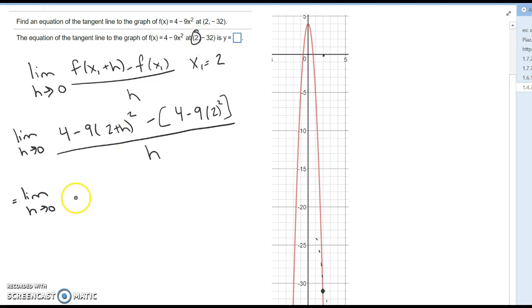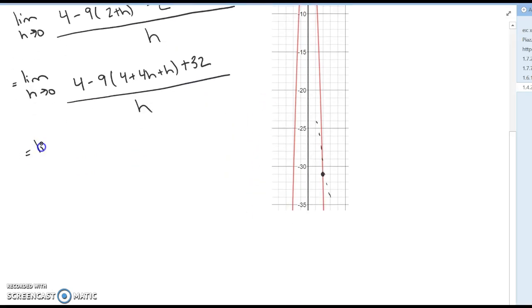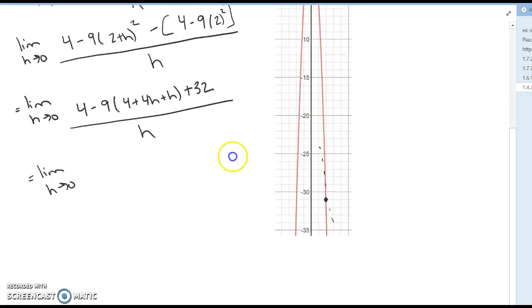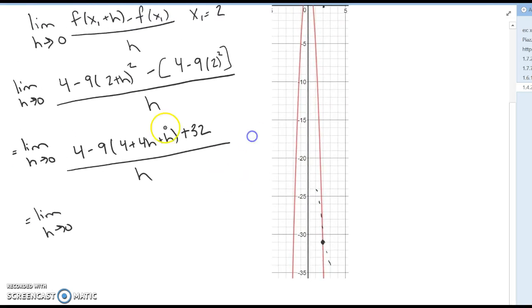So if I do some algebra here, I end up with 4 minus the quantity 9 times 4 plus 4h plus h squared, minus, and then this is just one number. So we'd have minus 32, but since there's a negative out front, it makes it plus 32, all over h. We're eventually taking the limit as h goes to 0, so we have to cancel an h in the numerator, and you can see here,